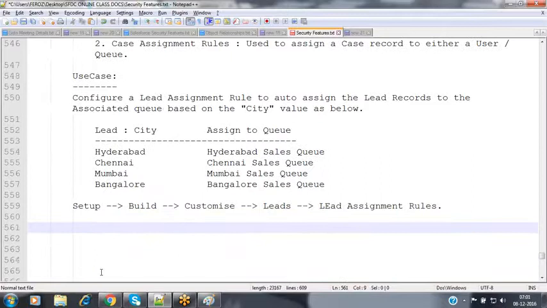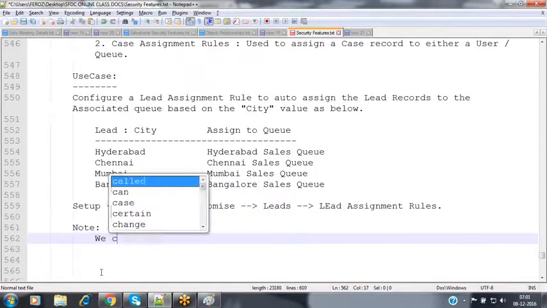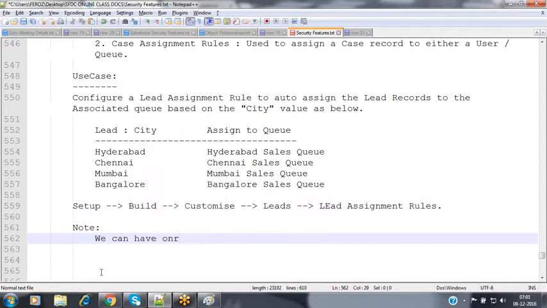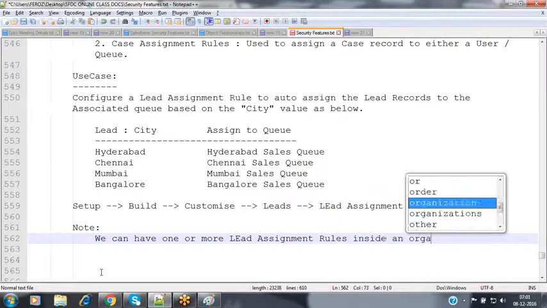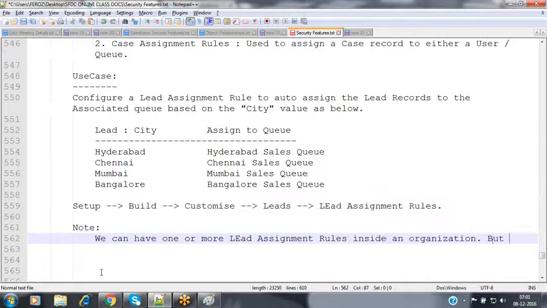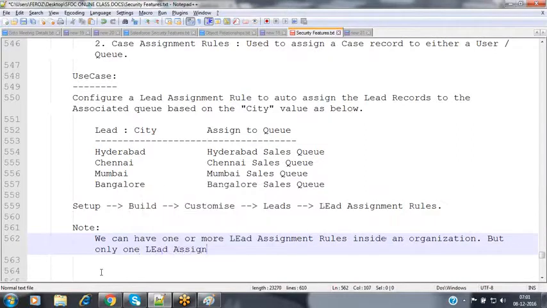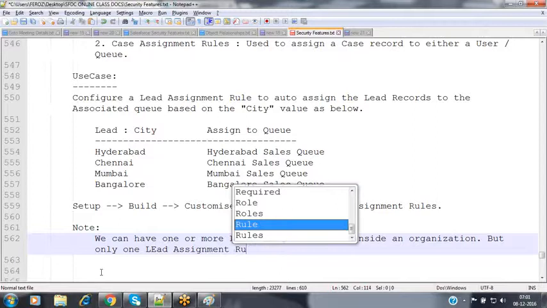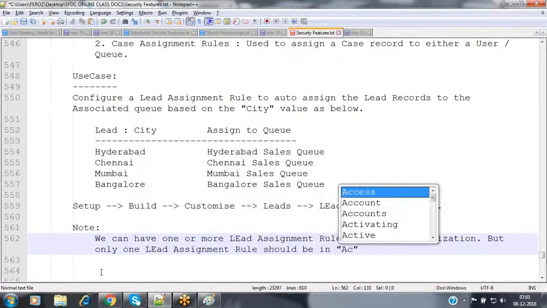Now when coming to the assignment rules, the point is we can have one or more lead assignment rules inside an organization, but only one lead assignment rule should be active at a time.